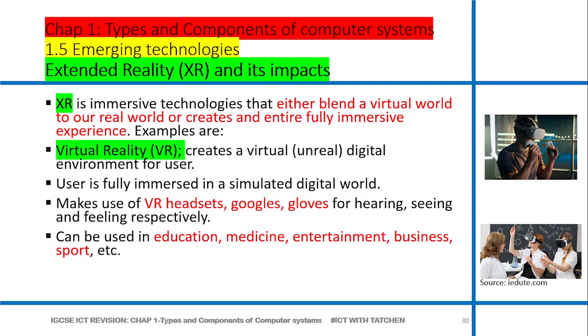If you're playing a game, you can actually feel the vibrations, the impacts with the gloves and all those things. The feeling is quite good if you use this virtual reality